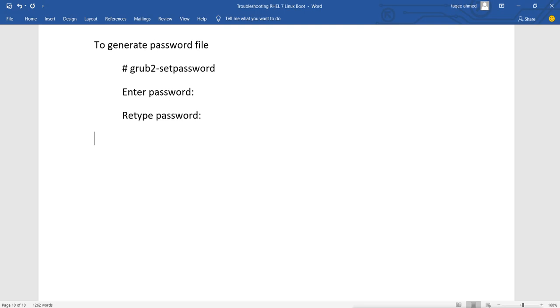So what will we do when you don't have a password for grub also? That means your grub has a password and you don't know the password. Then what do you do?